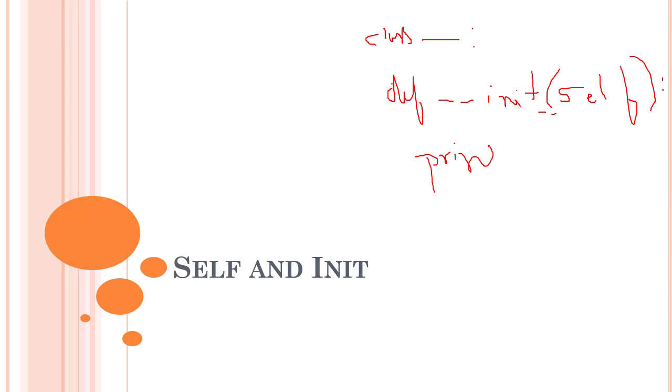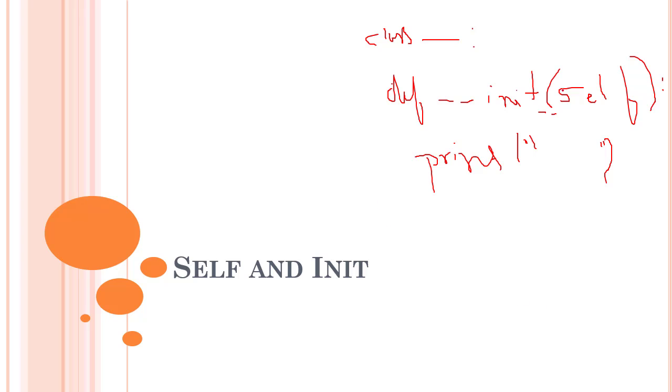So, let's write def underscore underscore, and then init. Two more underscores over here which I forgot, and over here there will be self. That's it. And inside of this, let's write a print statement. Print